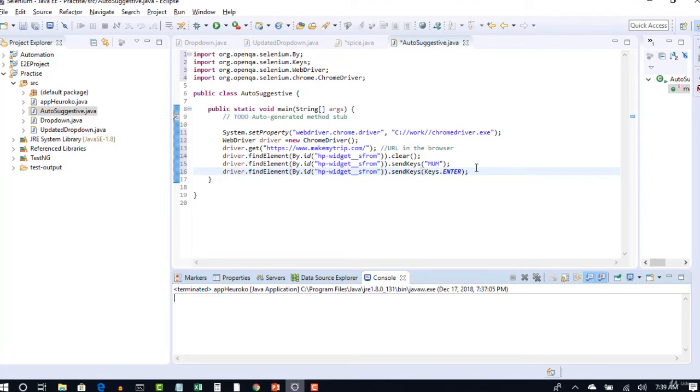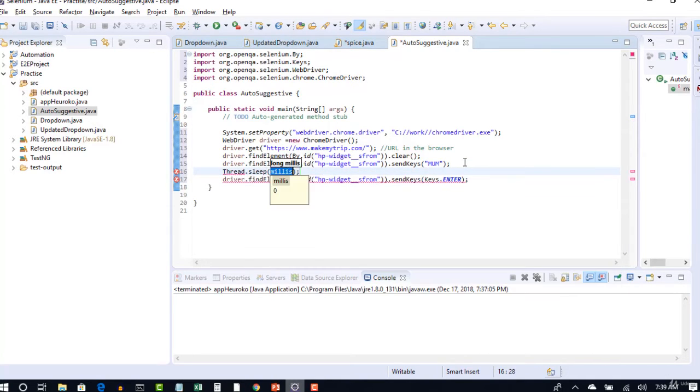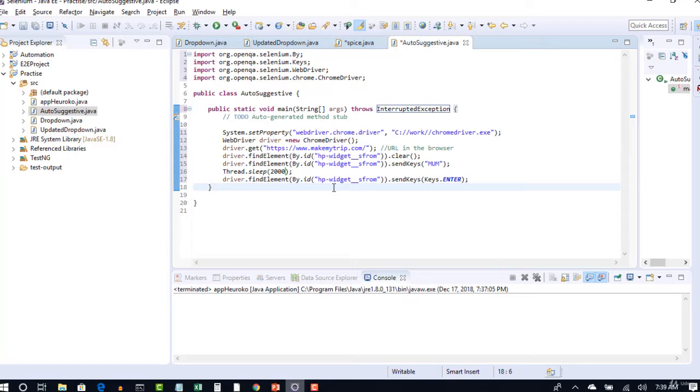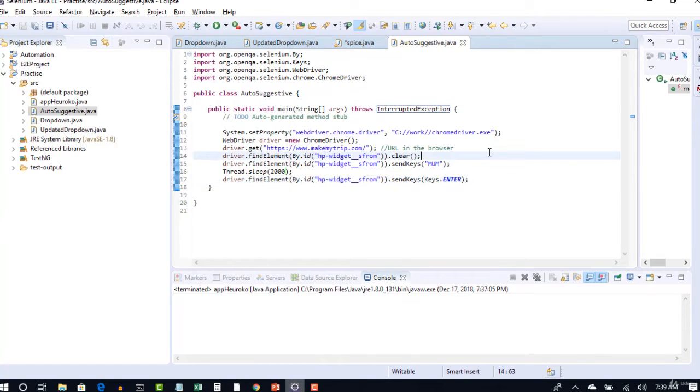So what happens now? It will wipe out, enter the MUM, and then select the first item. Okay. So after it entered characters, it might take few seconds to display suggestions. So better you give 2 seconds pause to your test, just to make sure you don't have any synchronization issues.